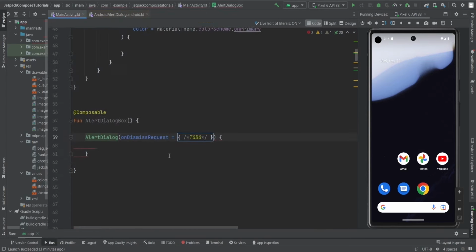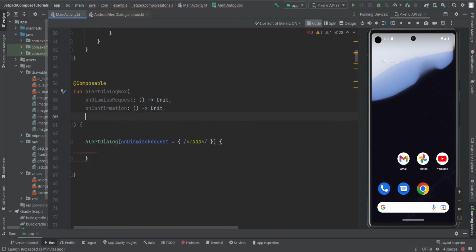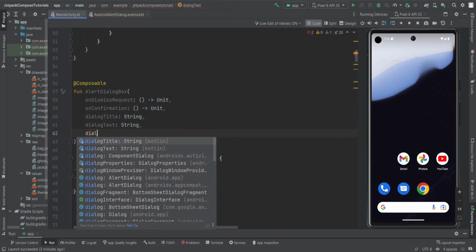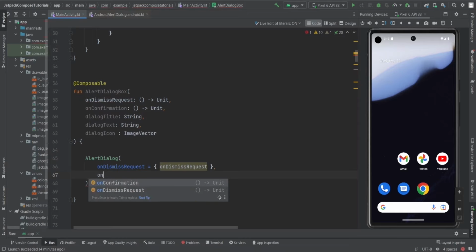These are the things. Now on dismiss request, so I'm gonna create some parameters in this function also. So on dismiss request, then on confirmation, and dialog text, dialog title, dialog icon, which is image vector. Okay, so these 5 things I actually am gonna need for this particular alert dialog. So let's create the alert dialog. So on dismiss request, just simply call this function on dismiss request. After this, let's have this on dismiss request. Then we have on confirmation,